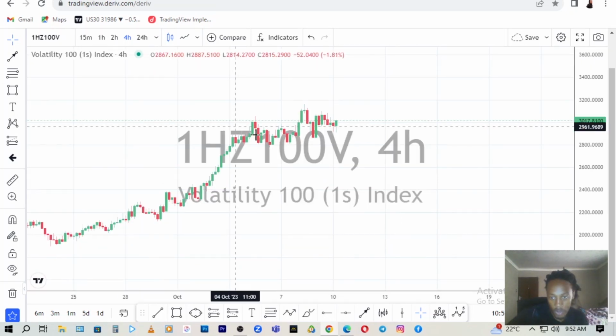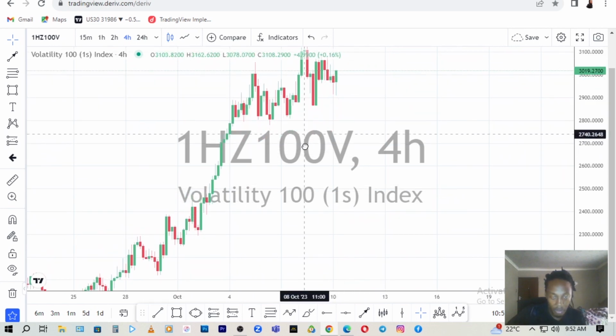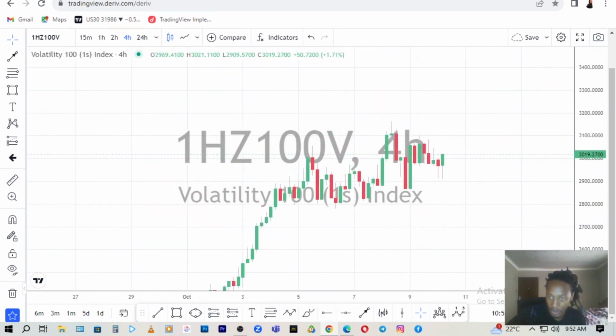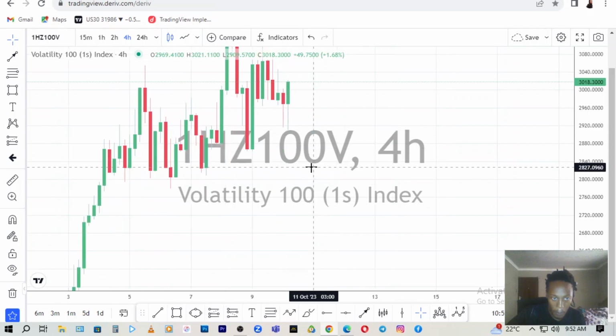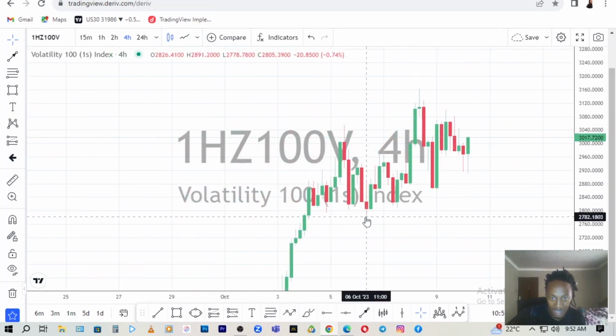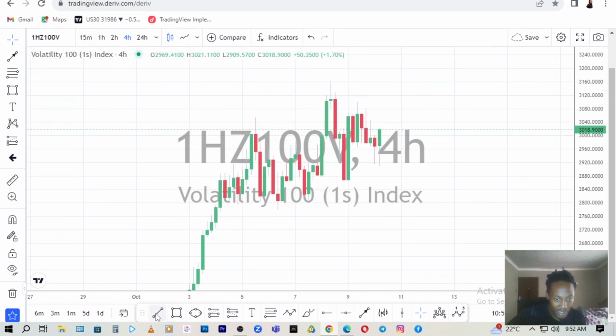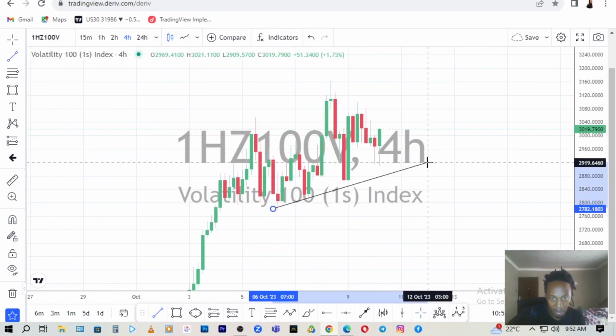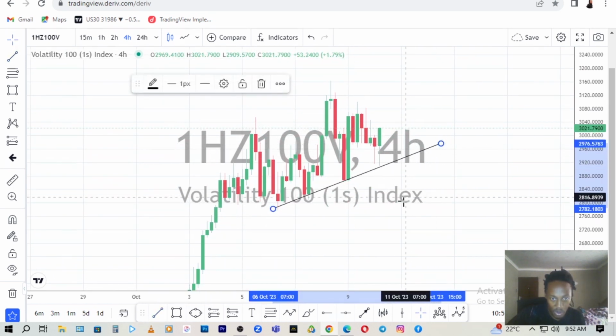Okay, this is our 4-hour chart. The way it's moving, it's very tricky and it's ranging a bit. It's consolidating